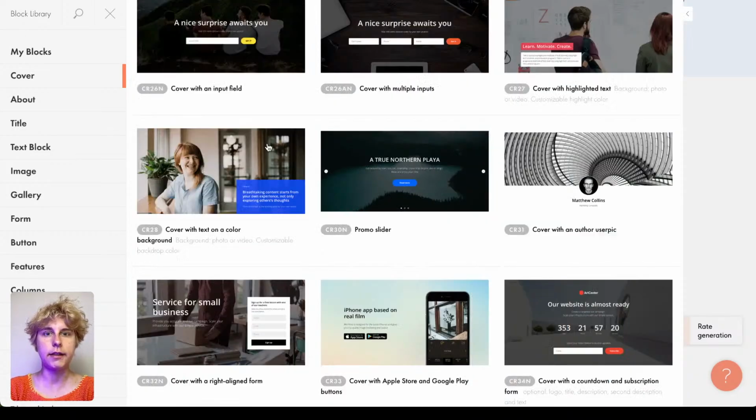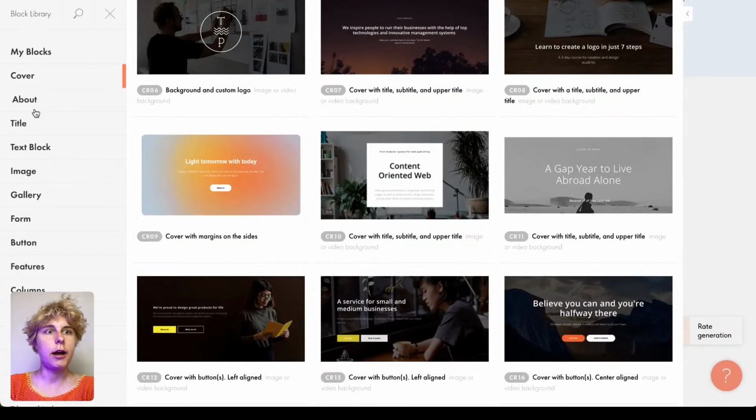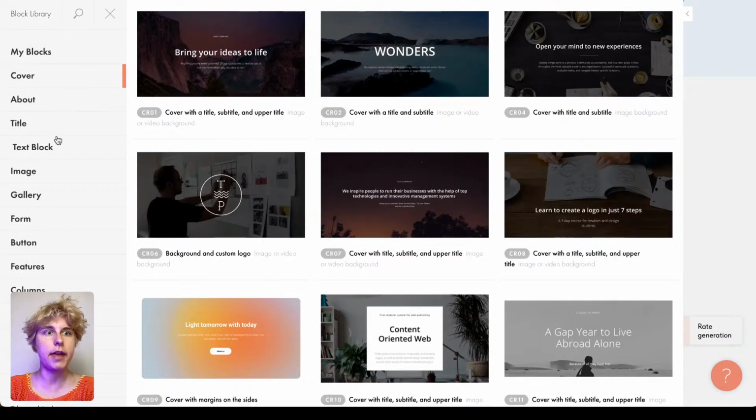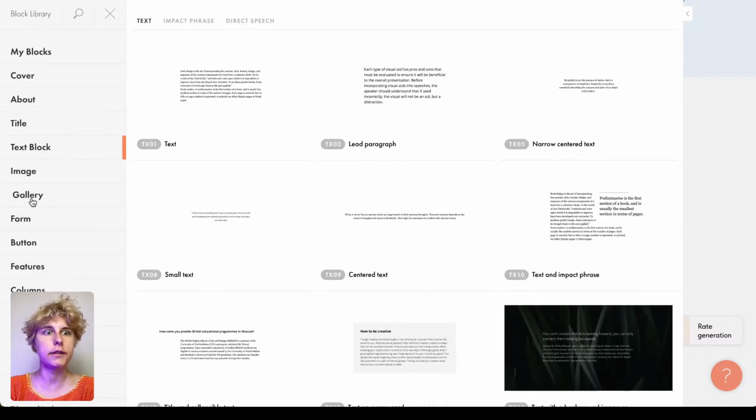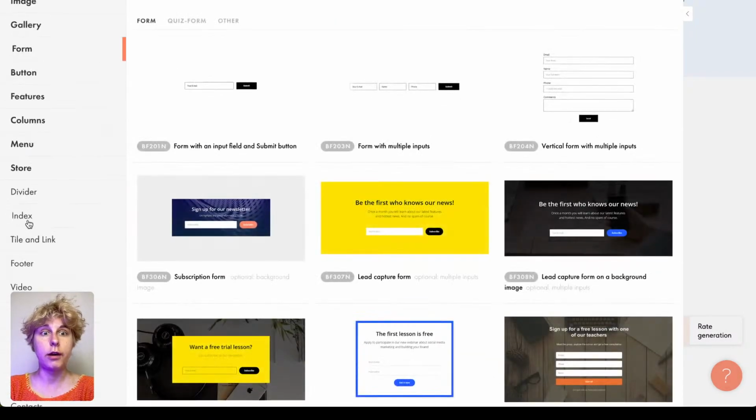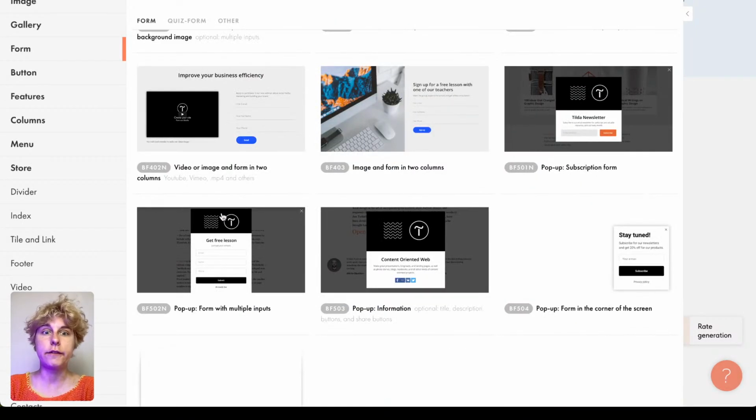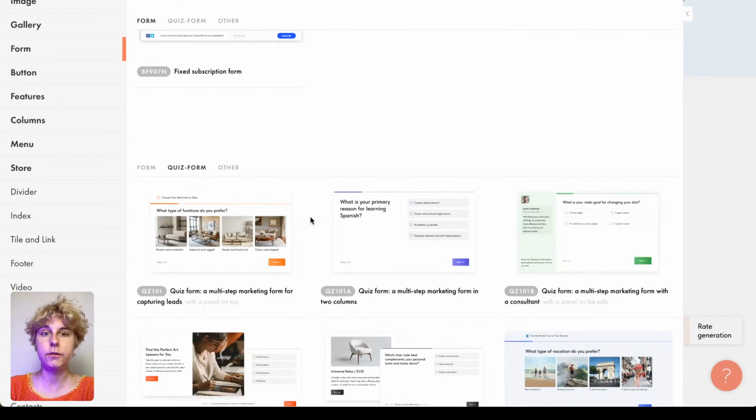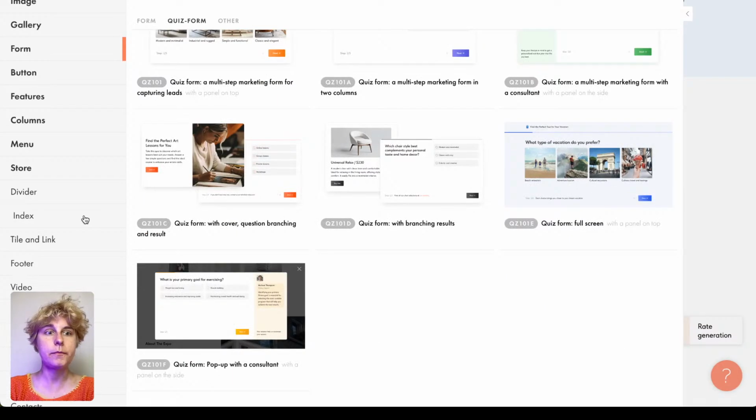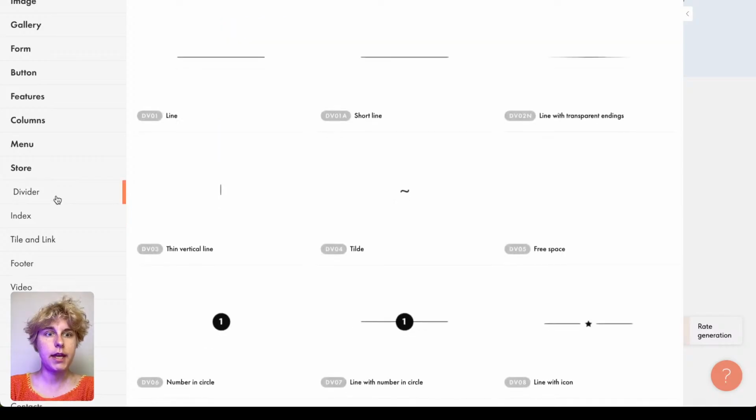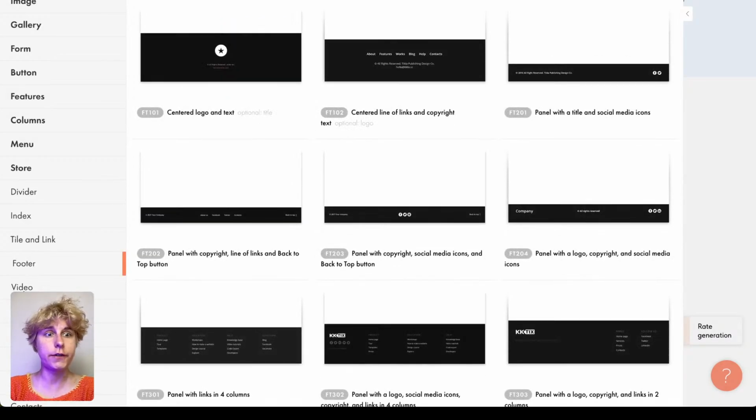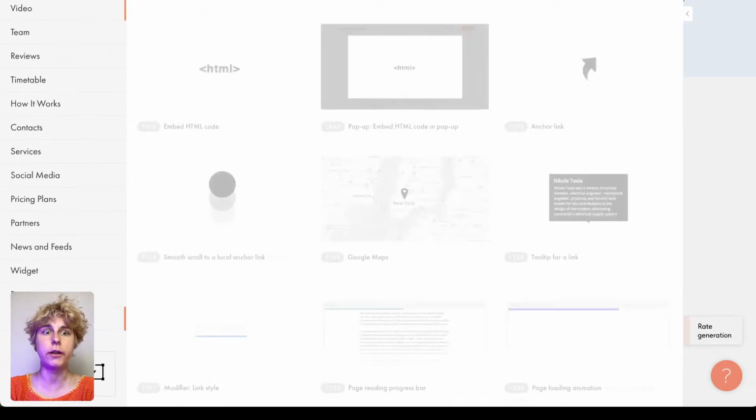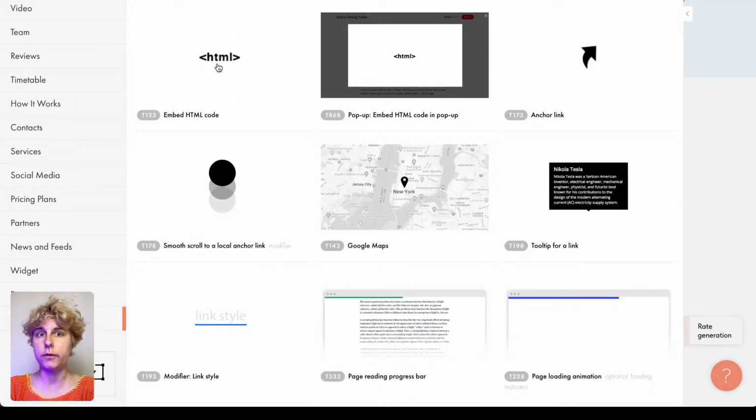It's a library of pre-designed blocks divided into categories, such as cover page, titles, text blocks, galleries, forms, etc. And there are plenty of design options for you to apply and to see if you like it or not. Dividers, some footers, videos, anything that can be useful for your website, as well as an HTML code block, so that you can, of course, embed code as well. And then there is a Zero Block